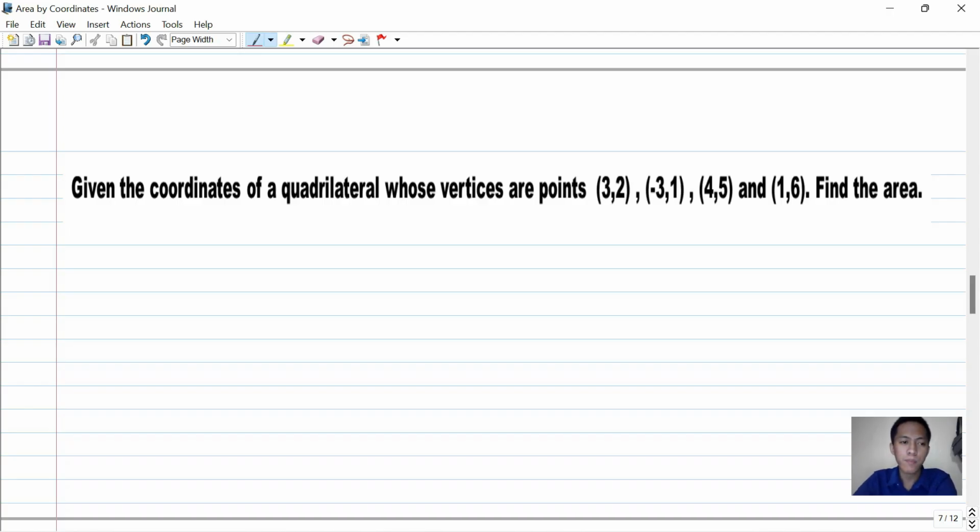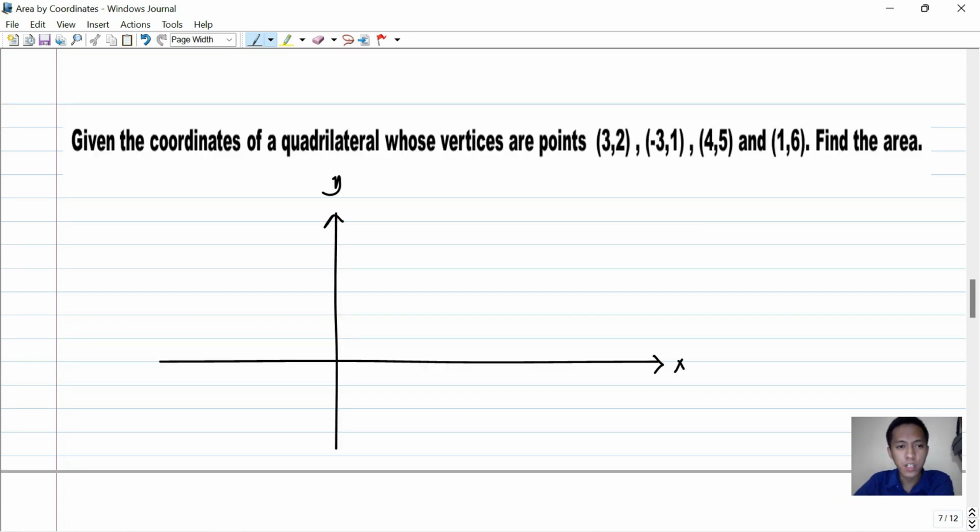So syempre yung first step natin is using the Heron's formula. Bakit ko nasabi na Heron's formula? Kasi yung quadrilateral guys, pwede natin siyang hatiin sa dalawang parts and compute natin yung area ng dalawang triangle tsaka ipag-add natin. So given the coordinates of a quadrilateral whose vertices are points 3, 2, negative 3, 1, 4, 5,